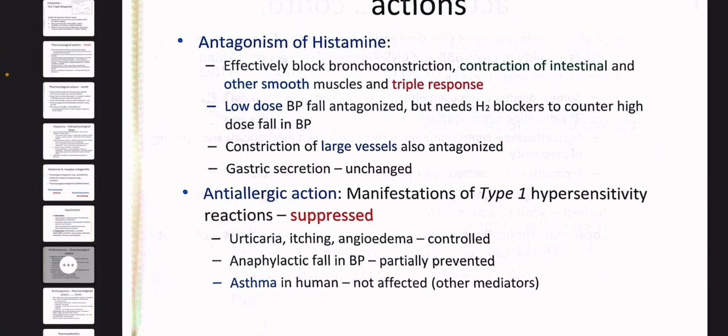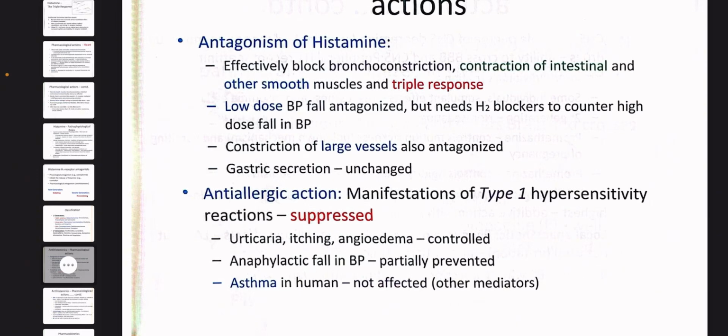Anti-allergic reaction: we've seen that antihistamines can be used to treat allergy because histamine causes itching. You get urticaria, anaphylactic reactions. So antihistamines can be used to treat these things, to treat type 1 hypersensitivity reactions. It can suppress them, control itching, urticaria, and anaphylactic reaction, but